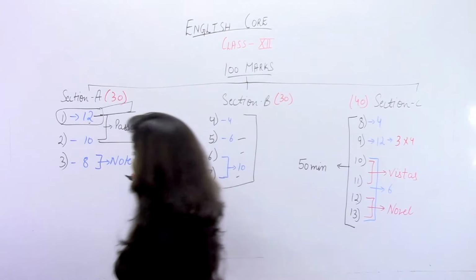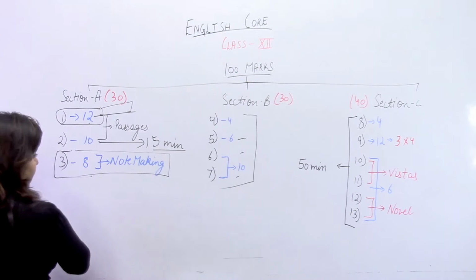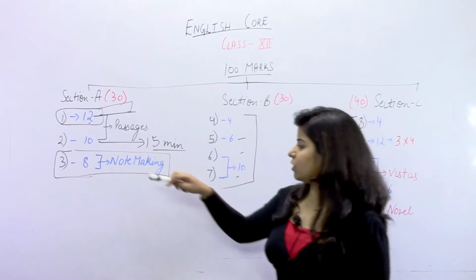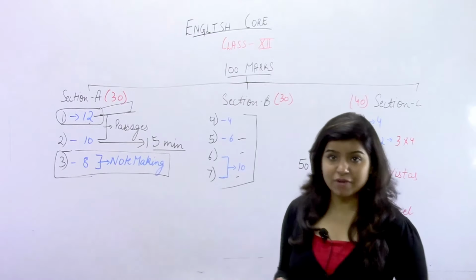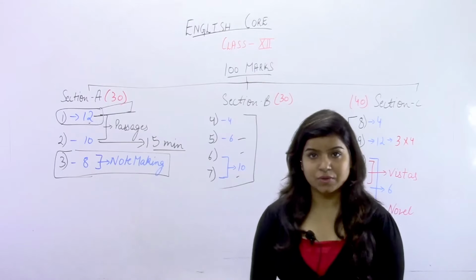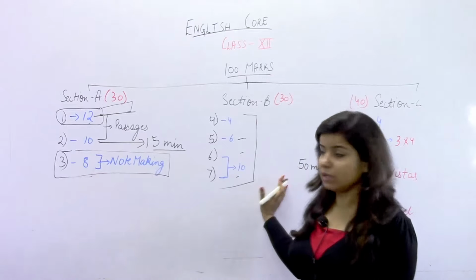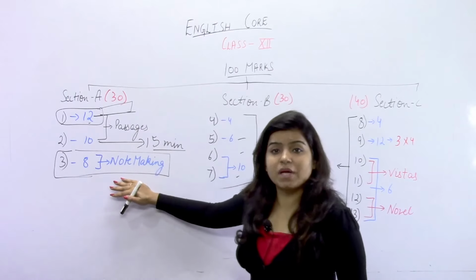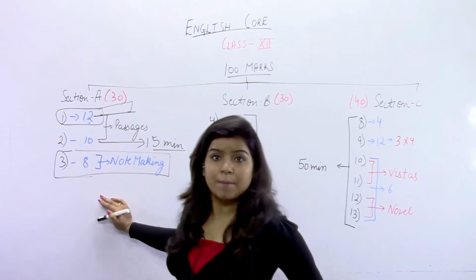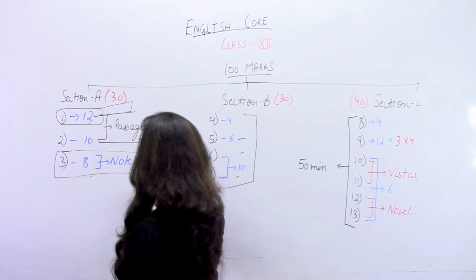Last question of section A, that is question number 3. And the scoring question, as you are very much aware, it's note making. Note making is briefing something, and this thing, my friends, start doing from day 1. As today I have taught you a glimpse of how to attempt the paper, start practicing note making, because this is something which is time consuming if you are not practiced enough. But if you are practiced enough, you can complete this within a span of 10 minutes.